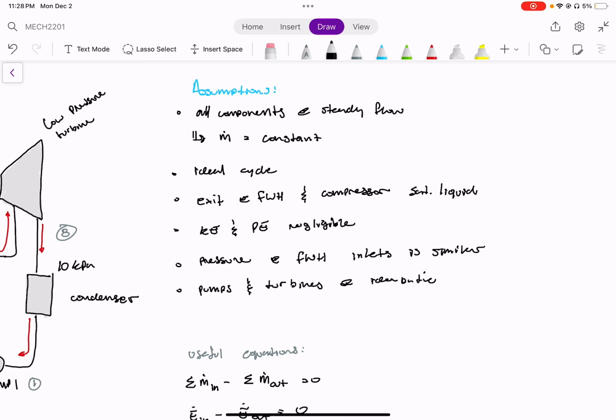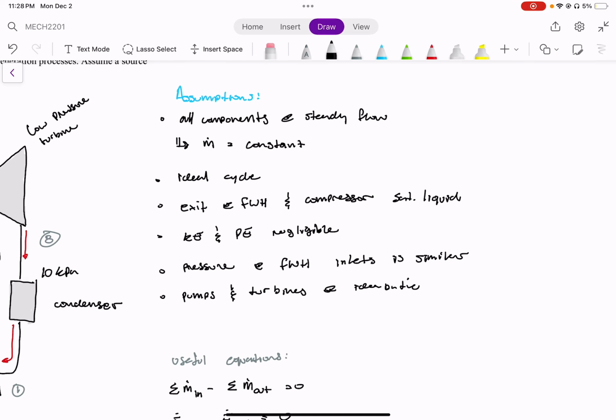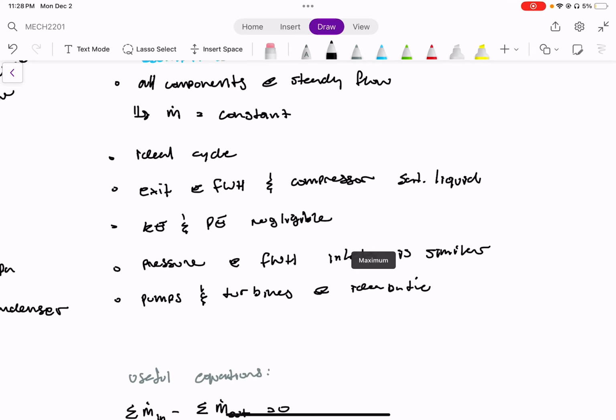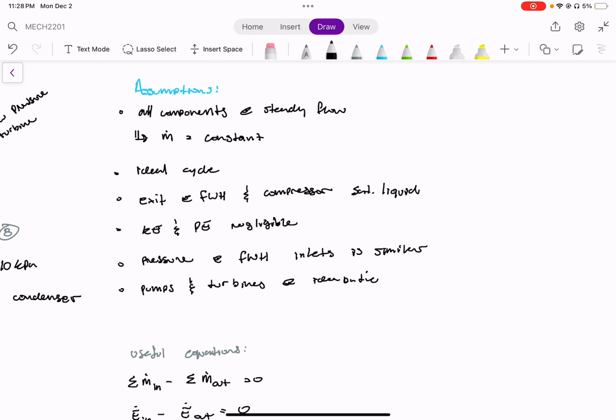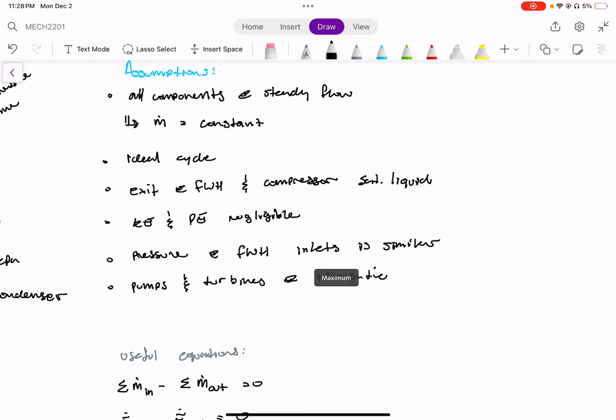The assumptions are: all components are at steady flow, meaning that m-dot, the flow of mass, is constant. The whole system is an ideal cycle. The exit at the feedwater heater and the component is a saturated liquid. Potential energy and kinetic energy are negligible. The pressure at the feedwater heater inlets is the same, and the pumps and the turbines are